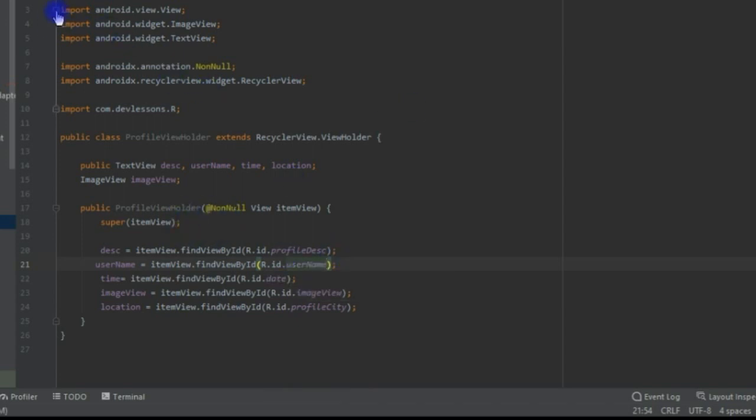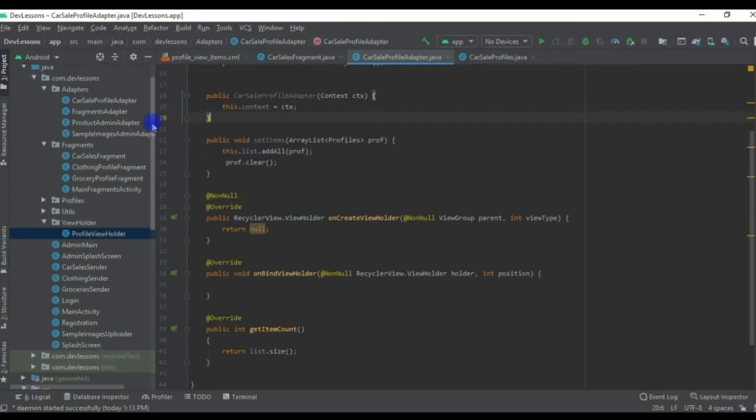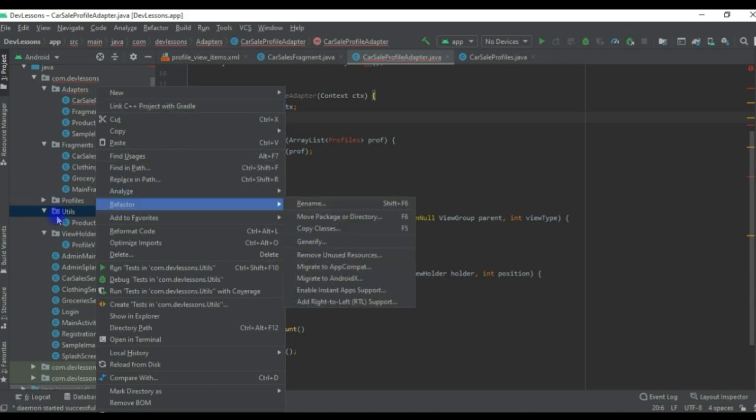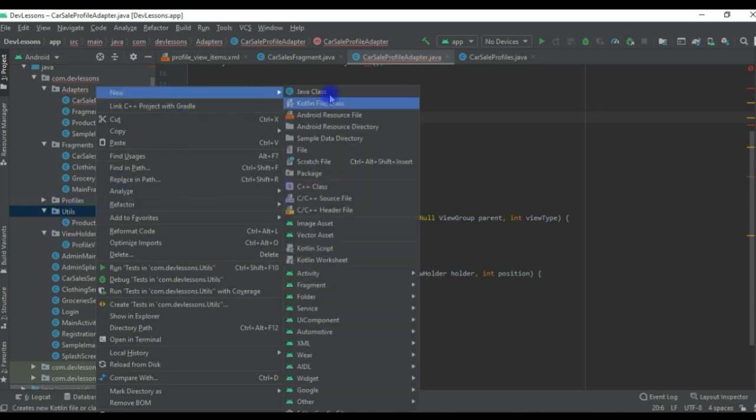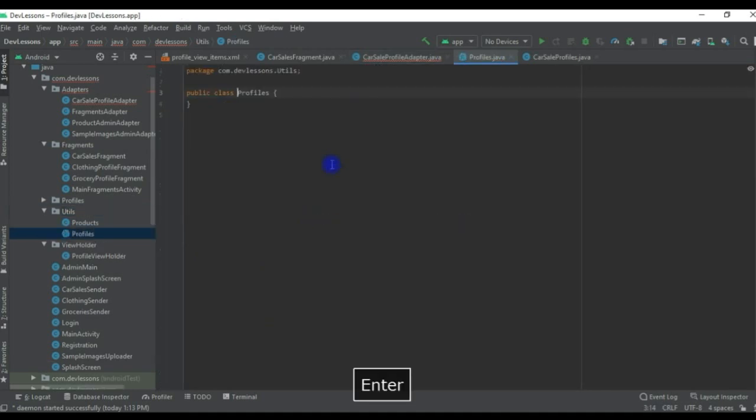Okay, so you are done here. You can close this. Now we want to create a utils of our profiles. Then you can say under utils, then you say new, then you say class, then you can say profiles. Okay, then you enter,